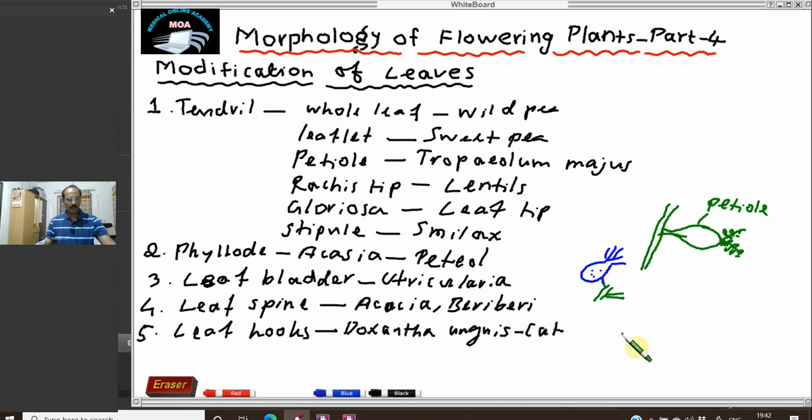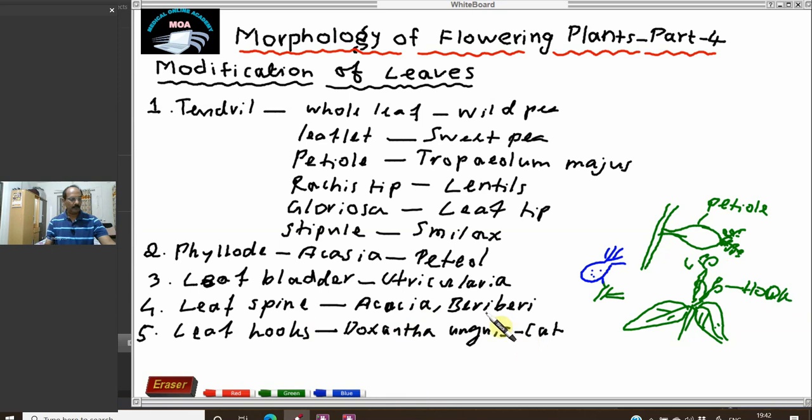So in this plant, how it is modified is here. This is the plant. Here is the leaf of the plant. You see some of the leaves present here in this node are modified into hook-like structures like this. You can see this again on the other part also. This is called the hook. So this type of modification is known as the leaf hook, a hook-like modification that helps the plant climb.